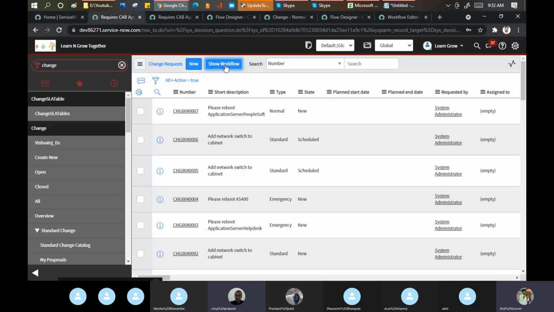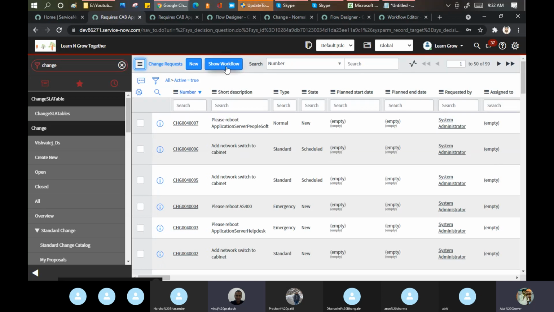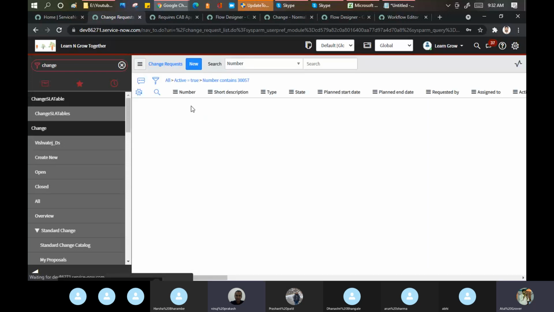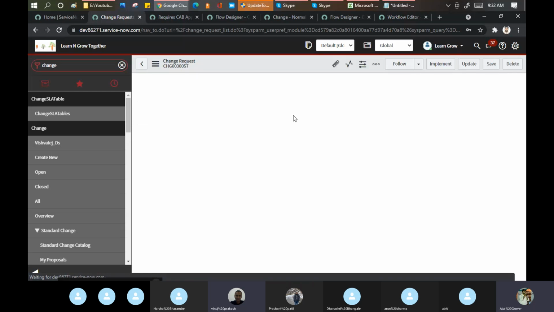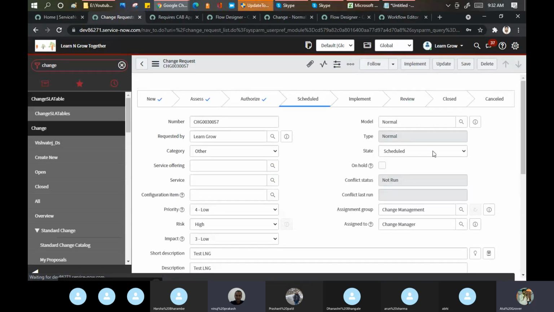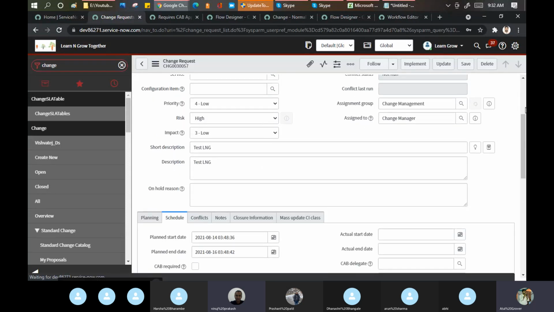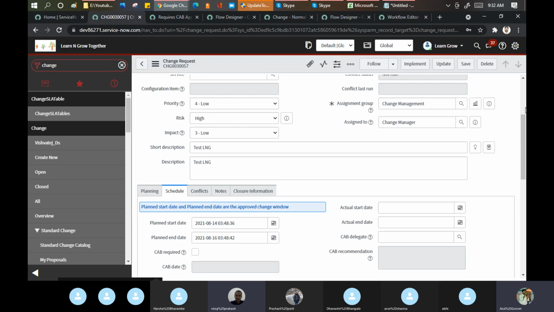Let's see what this show workflow is. I guess this is false, it is not opening anything. Okay, let's go to our change. Okay, open this. Now my change is in the scheduled state. Okay. So for us specifically, these things are required to be understood here.